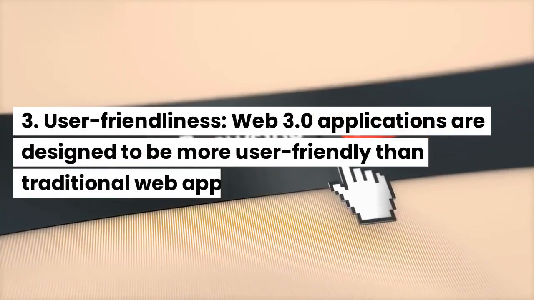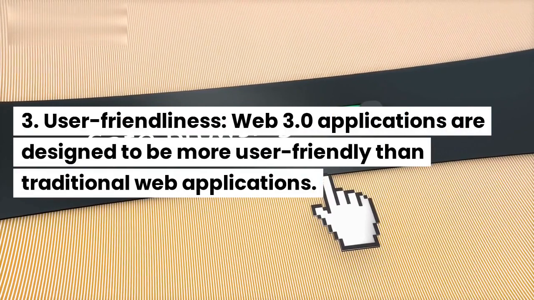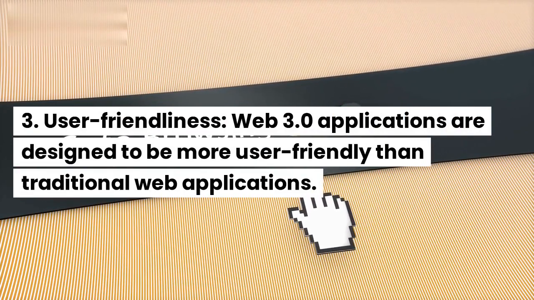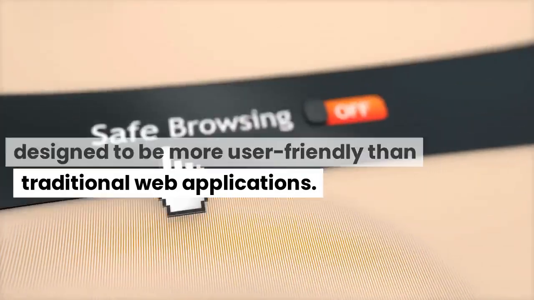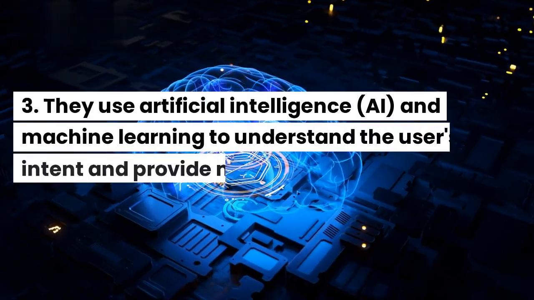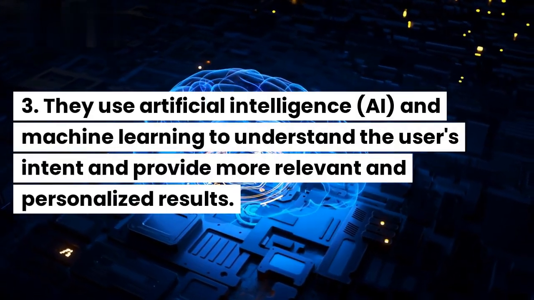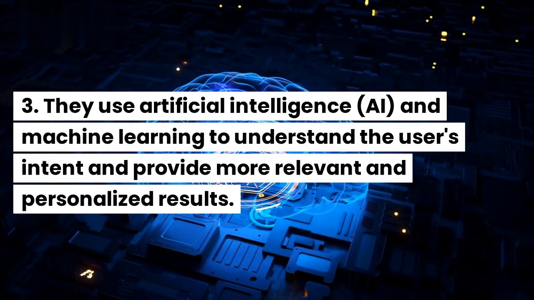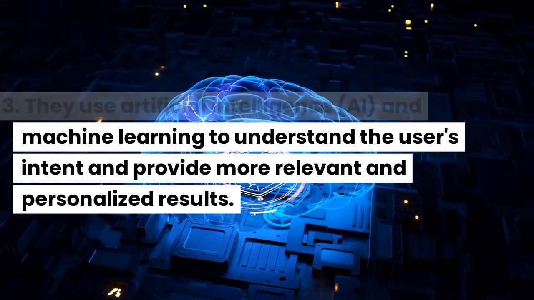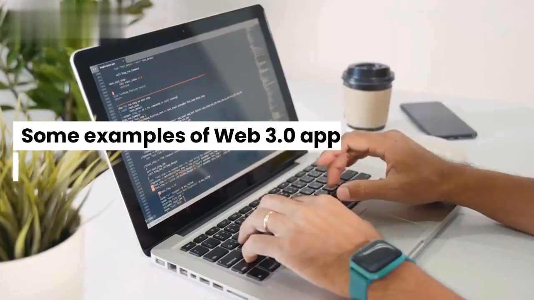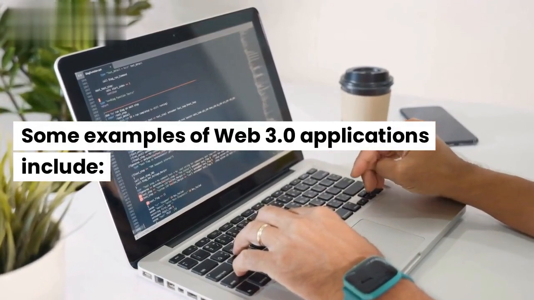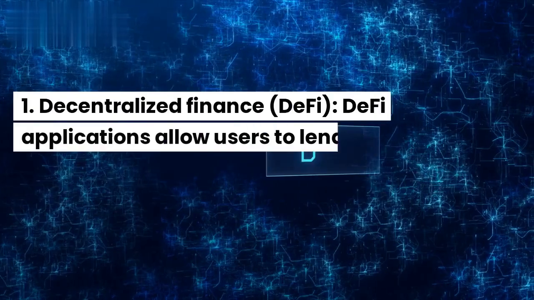3. User-friendliness. Web 3.0 applications are designed to be more user-friendly than traditional web applications. They use artificial intelligence, AI, and machine learning to understand the user's intent and provide more relevant and personalized results. Some examples of Web 3.0 applications include: